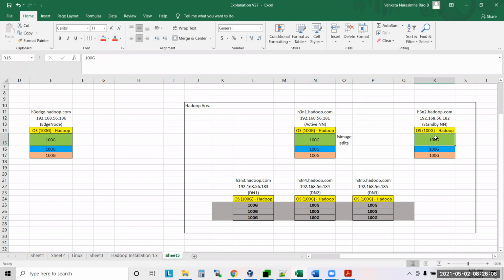It is not like, if the main person comes back, 182 will become standby again. No. Both are the same actually. If 182 is active, then 181 is standby. If 181 is active, 182 is standby. Clear? Any questions?